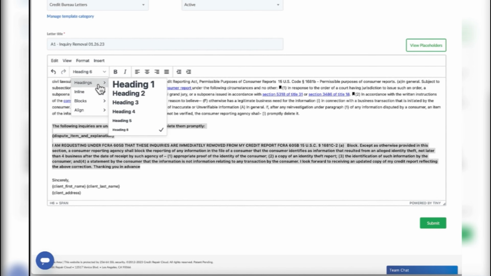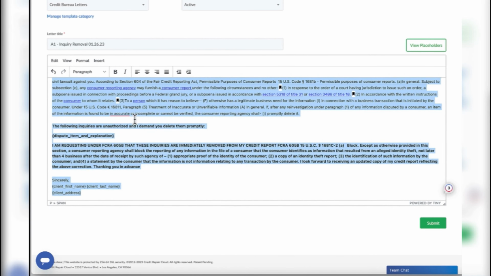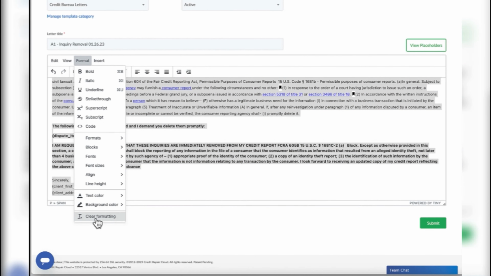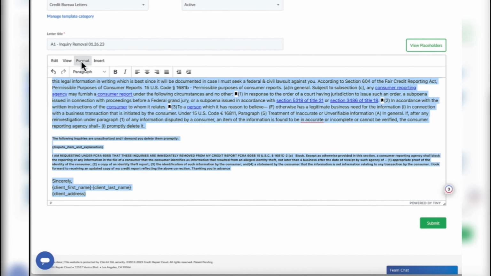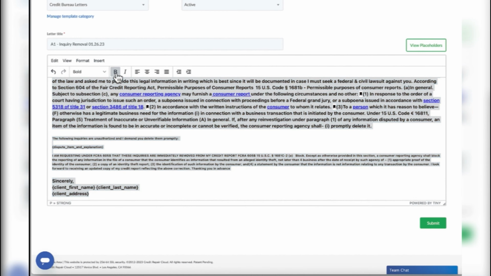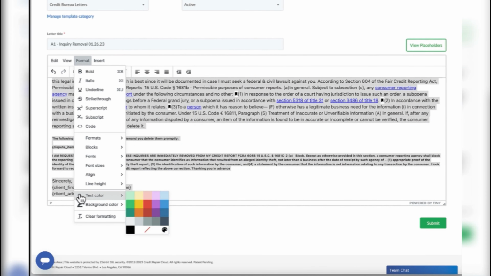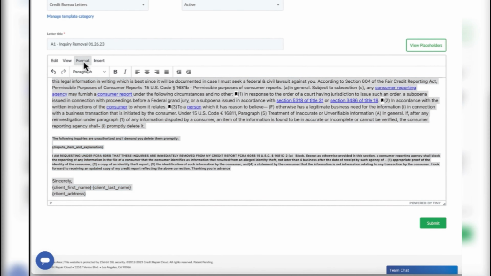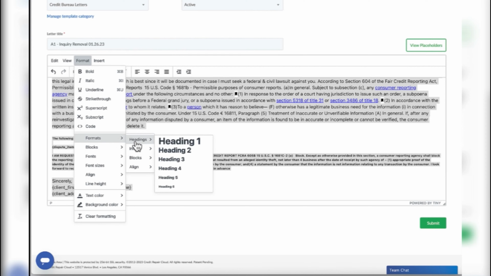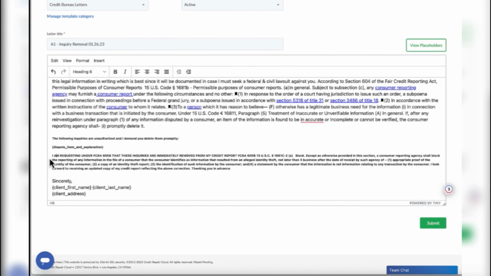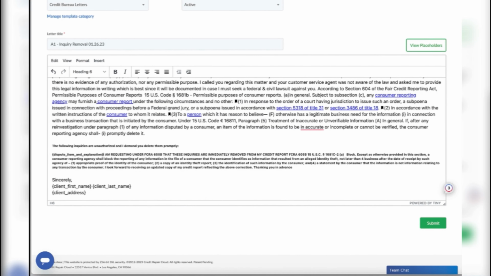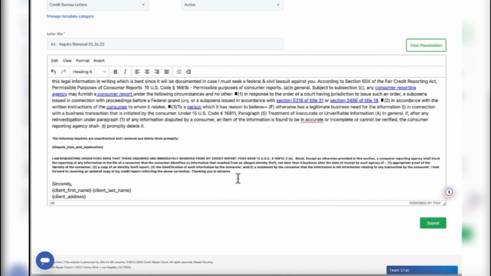You have to think we're trying to save anywhere we can. So what we want to do is we don't need any bold. We don't need anything that's going to take more paper or more ink. So we want to just take the formatting, clear it. Sometimes it doesn't always clear, but we can try to format, and this is going to be all paragraphs. Yeah, I don't know why it does this, but